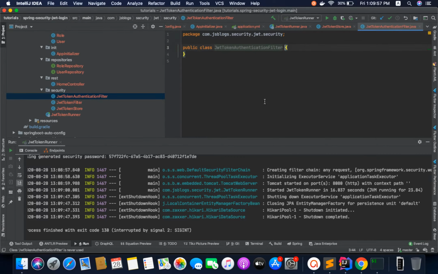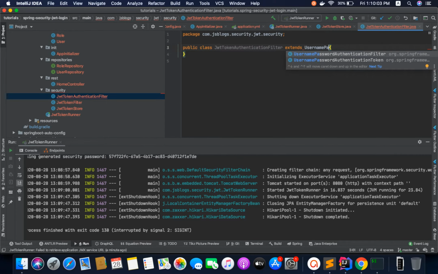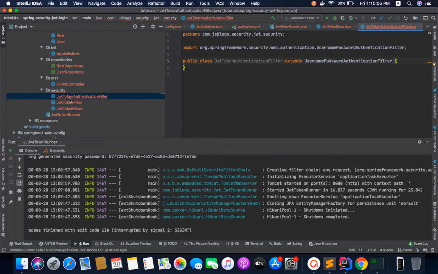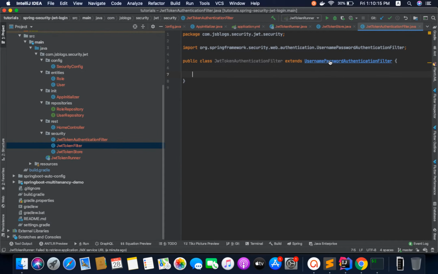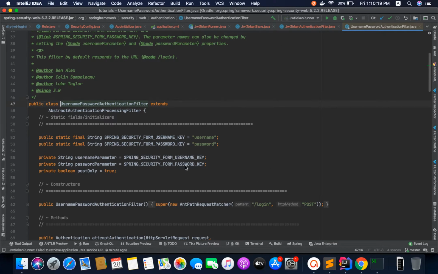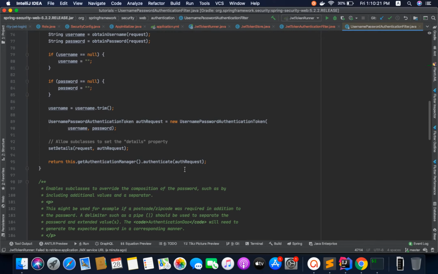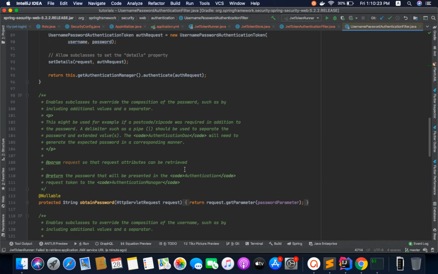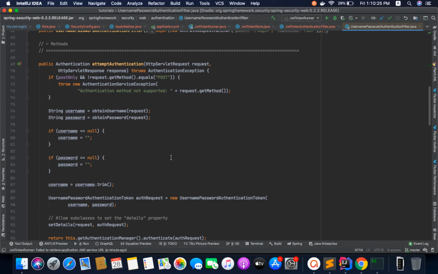So this filter will work with the username and password authentication filter, and this will take care of the login endpoint. As you can see, there's a twist here. The username and password authentication filter works as is, so we are going to use that filter as it is. The only part we are going to change is just